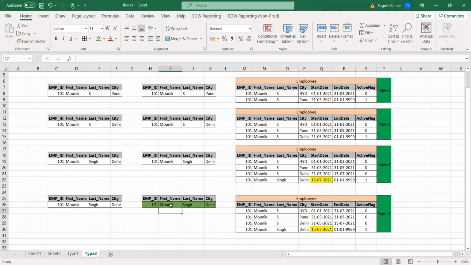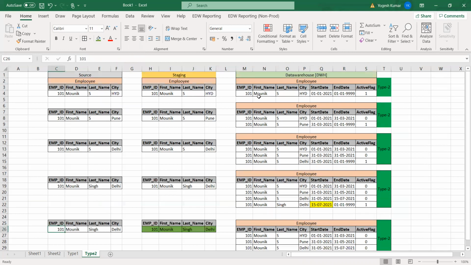You mean to say, whenever a record comes, in the same example, let's see at the top, when this record came the first time, it loaded into staging, and then one record was loaded into your target. Then after a couple of months, the next record came, with a change in city.